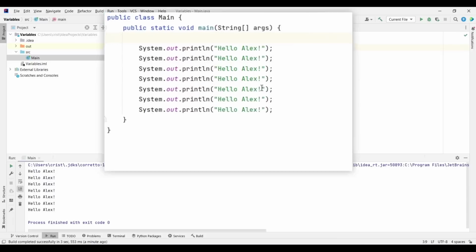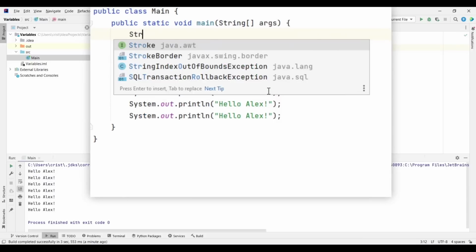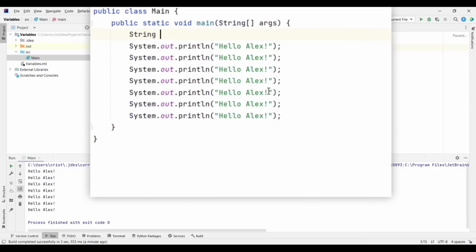So I will type here string. Let's call it name equals, and we put a pair of double quotation marks, Alex, and a semicolon, of course. Now I will delete Alex from here, and I will put plus, and I will call the variable name here.